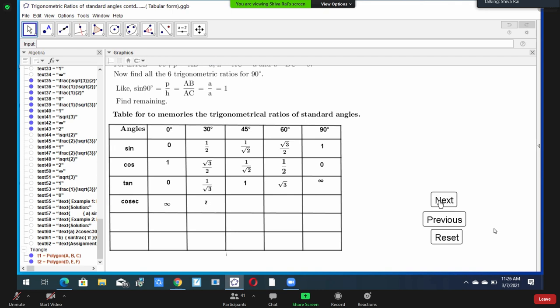So remember, okay, first I want to show here, everyone look here, these values you compute yourself. If you know the value of sin, then you can find cos. If you know the value of sin and cos, you can find out tan. If you know the value of sin, we can find out cosec. And from this technique, try to find the others. Okay.